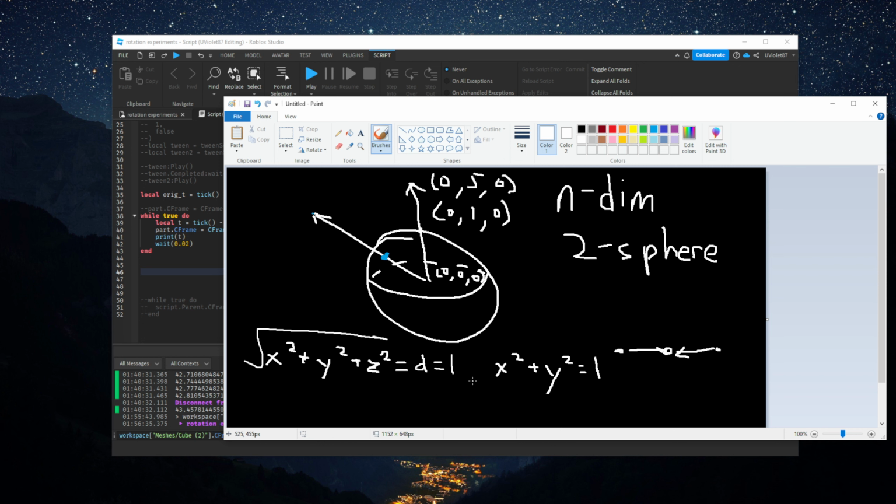Now, all I'm doing here is describing normalization. But we set it equal to 1 because we're talking about the unit sphere. Well, you could say 1 squared, but that's the same as 1. So this is the equation. So if we have to normalize this,